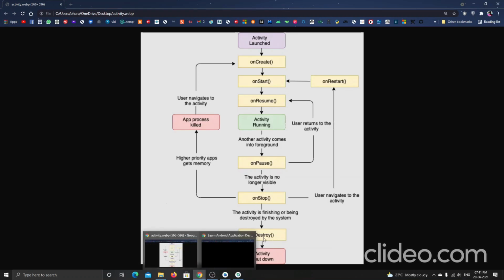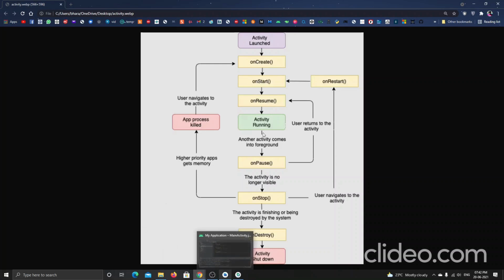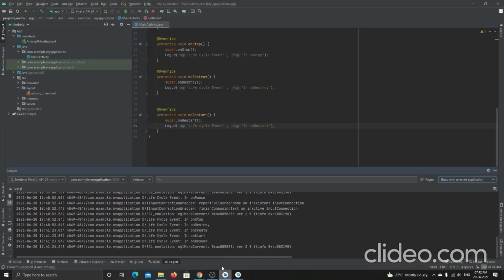What happens once it destroys? It goes back into on create. When I press this back button, it goes back into on create and then comes into on start and then on resume, and then the application is running. First on stop, this is the previous one I did.